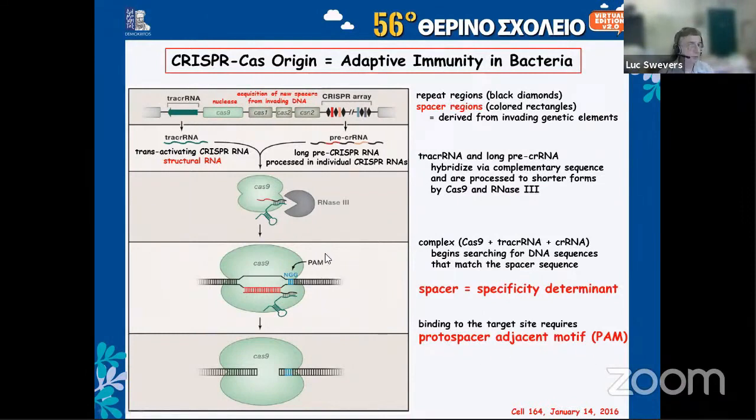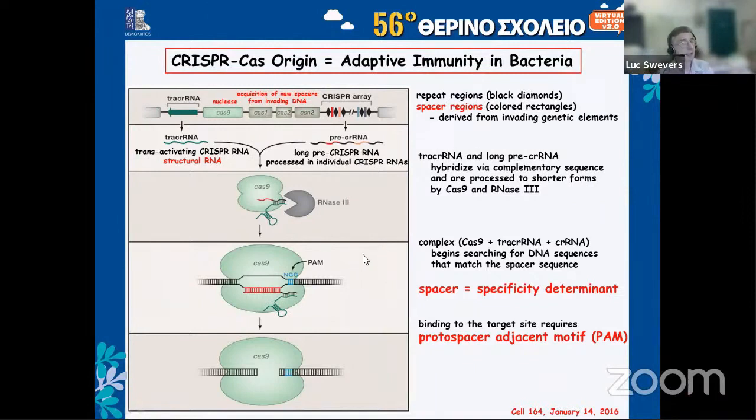When it binds to this PAM, it causes the opening of the double-stranded DNA duplex, which gives then the opportunity for the spacer region in the CRISPR RNA to bind to one of the strands in the opened double-stranded DNA